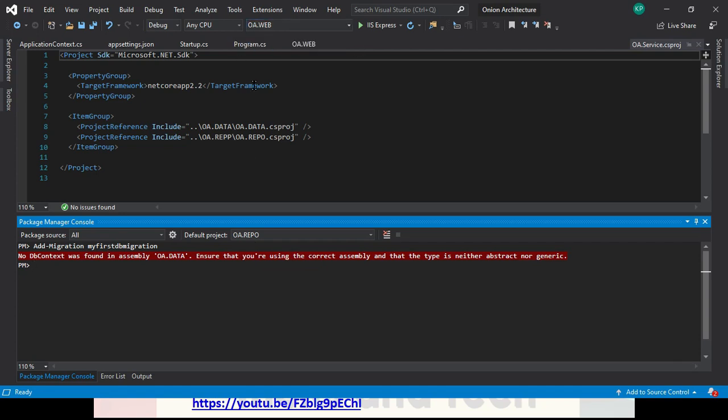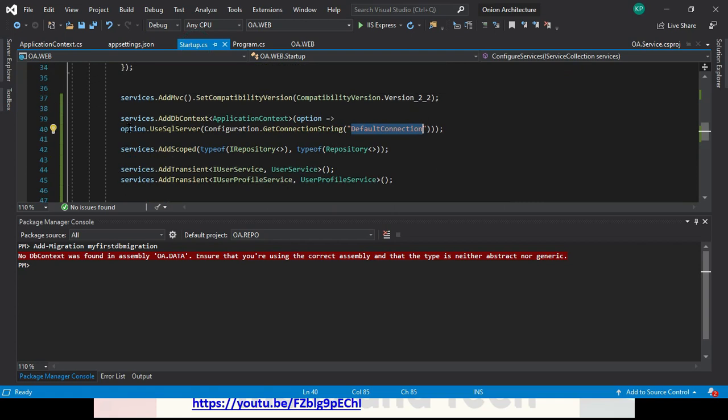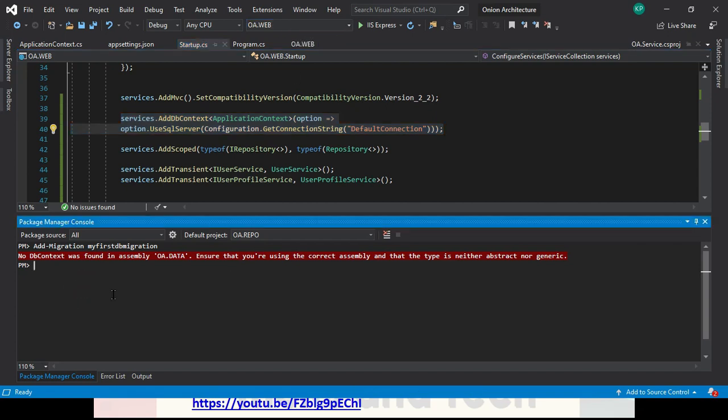And where is our configuration file, like the ASP.NET appsettings.json, and also I have configured the services. So that's why I will select OA.web. Okay, just change the configuration and hit again